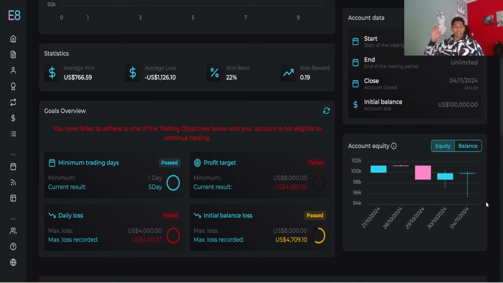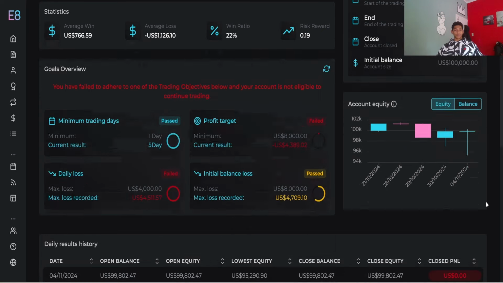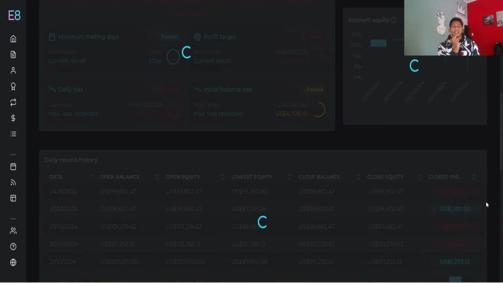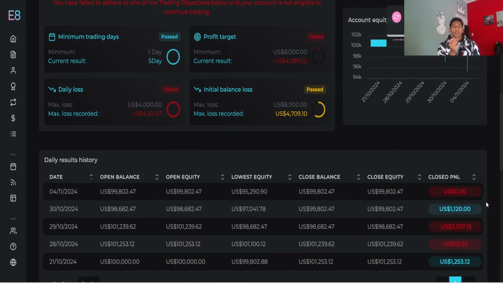Honestly, it's really tough trading an evaluation and your trader stage account at once, because the way I approached this evaluation was a bit off. I'm just not good at trading these evaluations. Once I reached the trader stage account, I had no pressure on me, no profit target to reach.